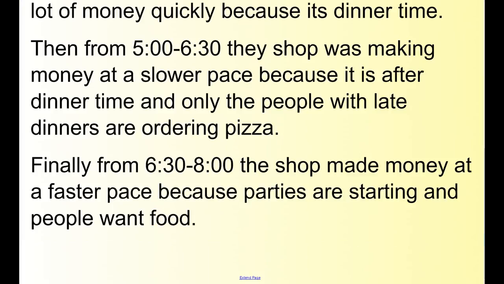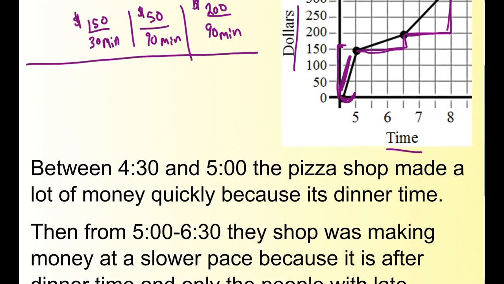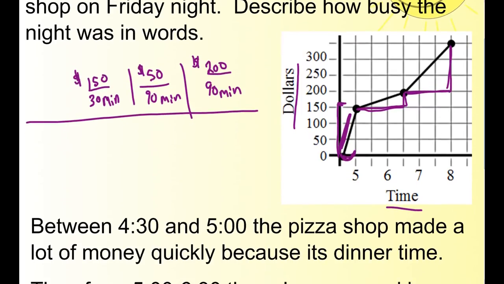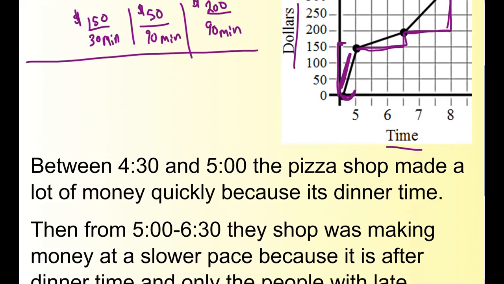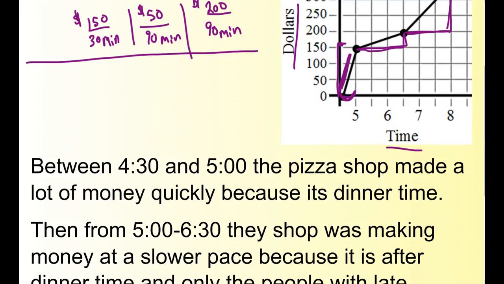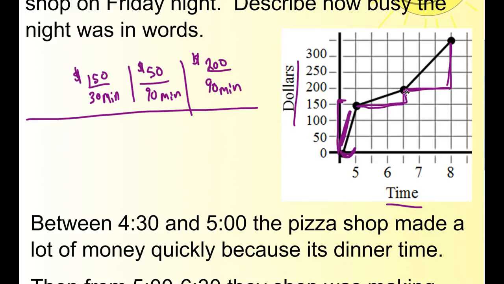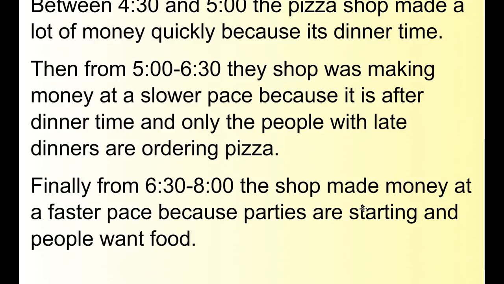There we go. So now not only do we say what happened, we interpreted the graph and explained why that happened. So now we have a graph and a nice explanation. So between 4:30 and 5 o'clock, the pizza shop made a lot of money quickly because it's dinner time. It's the dinner rush. Then from 5 to 6:30, the shop was making money at a slower pace because it's after dinner and only the people with late dinners are ordering. Then finally from 6:30 to 8 o'clock, the rate kicked back up again because parties are starting and people want